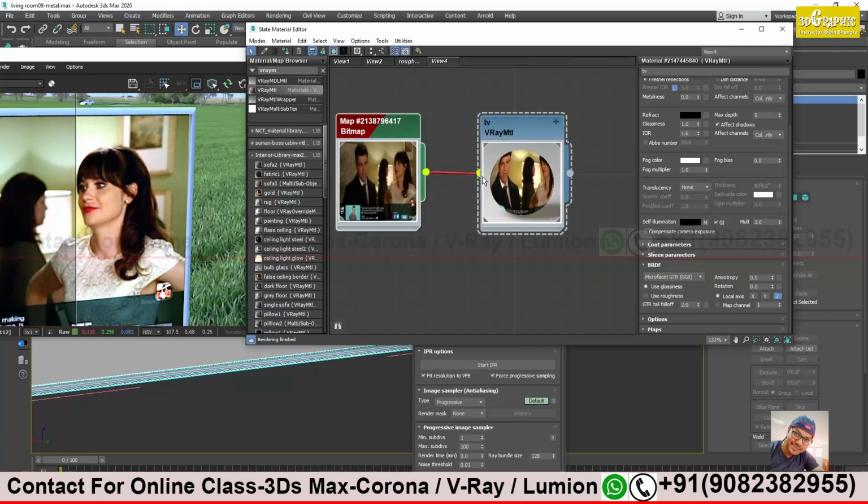So what I will do, I will try to go to the advanced level now. Let me just see if I'm missing anything. Self illumination I have showed. GI I have showed. Multiply already I have discussed. Okay, that's it for the simple value. Now we are going to see the advanced level of getting the illumination in our scene.